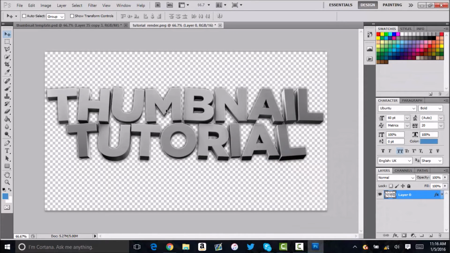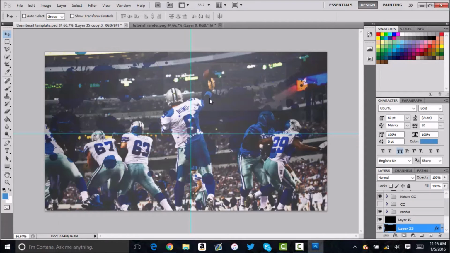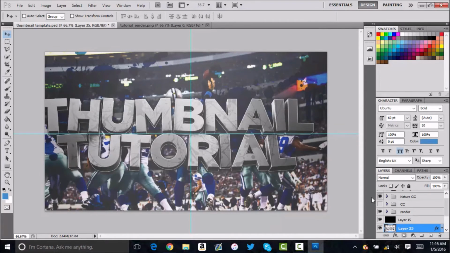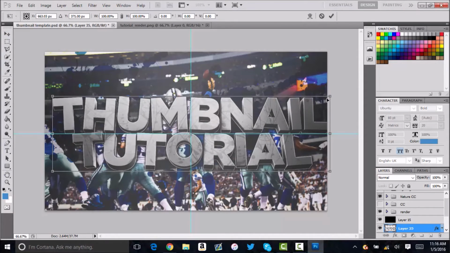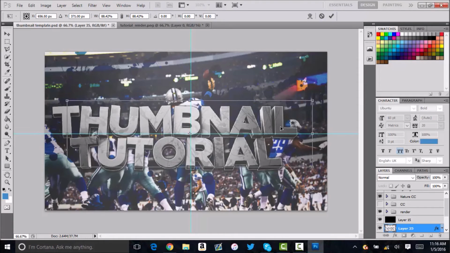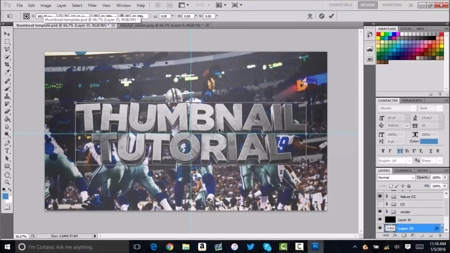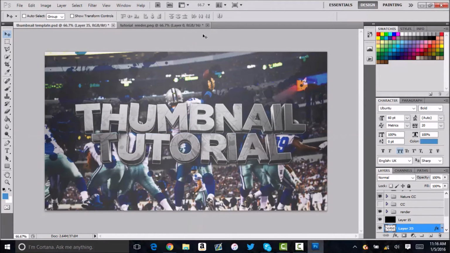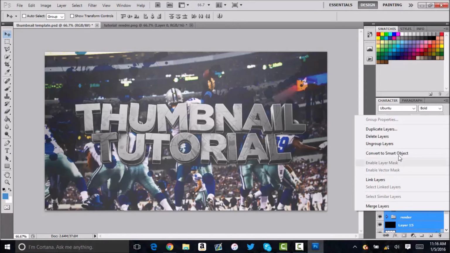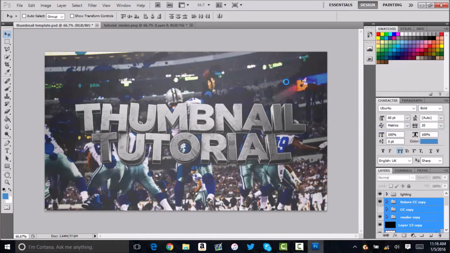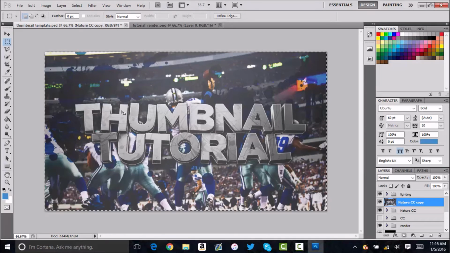But I'm pretty sure, I'm kind of sure that layer style will be in the thumbnail and this little template. I don't know what I'm saying right now. So just line it up with the center, and then you can just merge all of the objects together except for the lighting. Don't merge the lighting. So just duplicate the layers, and then Control E to merge them, Control A to get the outline, M to go to your marquee tool, and then layer via cut, delete the layer under your merged layer,